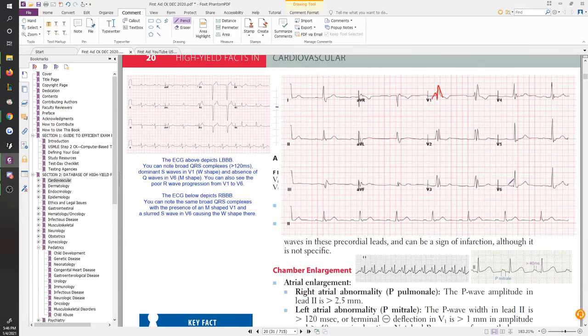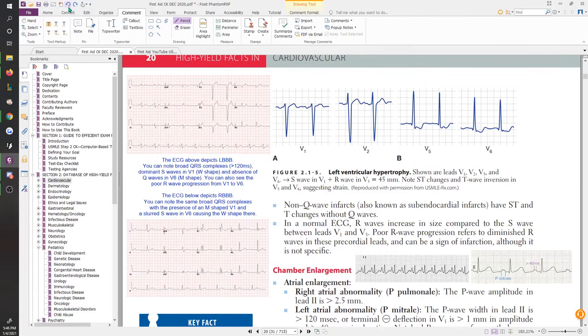And if you had to do it, you would probably find something like that happening to be able to identify a W, but it's usually not that clear. There's going to be a dent here that goes up, comes down, then a dent there, and that's supposed to give you a very unappreciable W. But the M is far too obvious, and you can immediately catch that as a marrow design, and that's going to be your right bundle branch block, right?